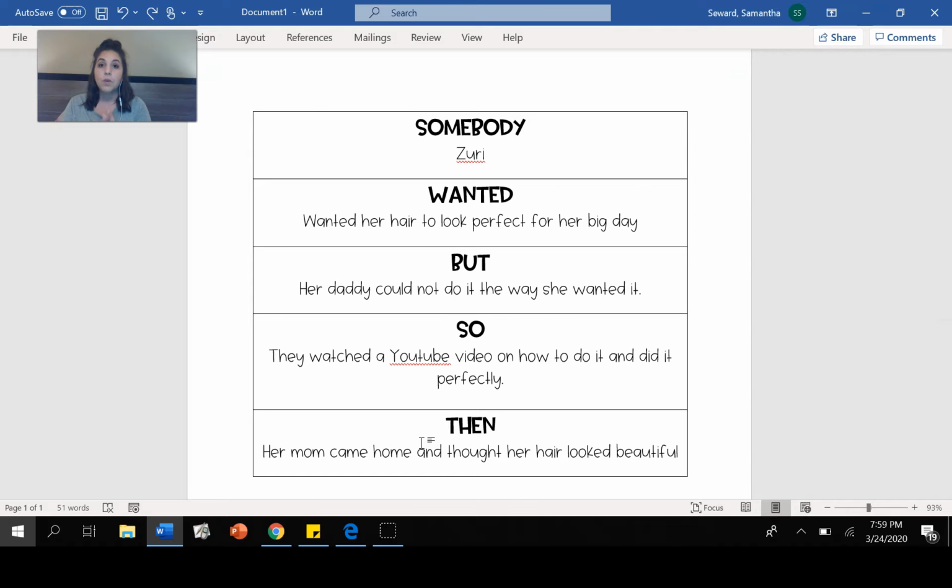Now, we've learned what a paragraph is. A summary should always be a paragraph. I want you to think to yourself right now. I'm going to give you a second to think about it. What is the writing process? What is the writing process? We've been learning the writing process all year long.